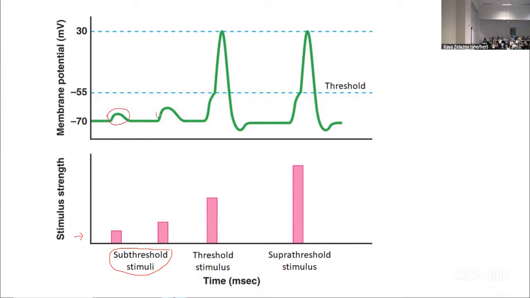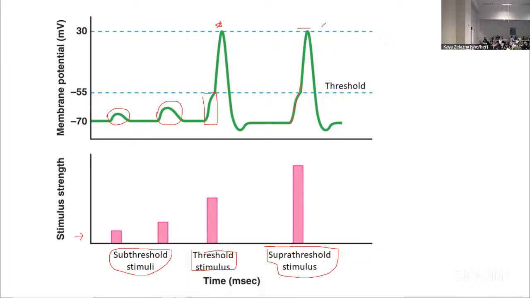But these aren't action potentials. These are just little graded potentials, and they're ones that don't get us to threshold, so they fade away. So no signal is happening towards the other end of the cell. This doesn't fire off a big wave of charge down the axon. A threshold stimulus, so one that gets us just to negative 55, does fire off an action potential. Great. And a super threshold stimulus, so a super strong stimulus, that would be really big,